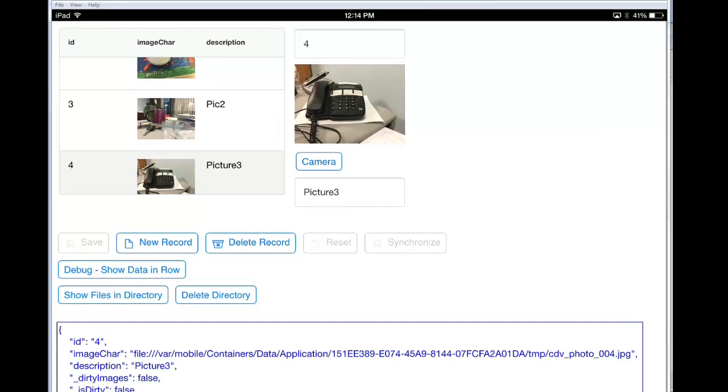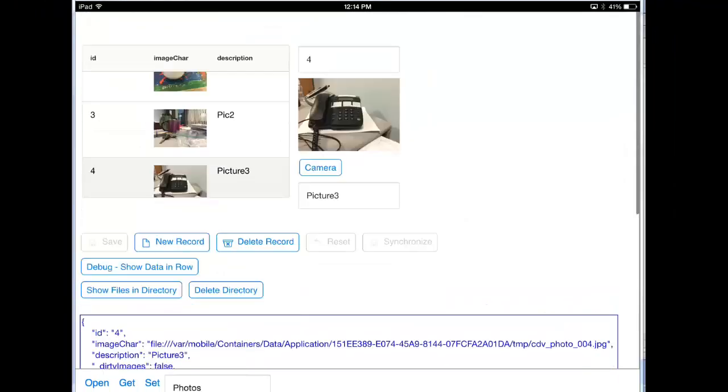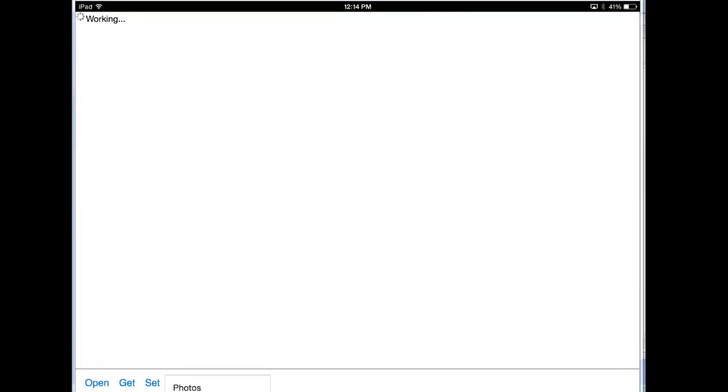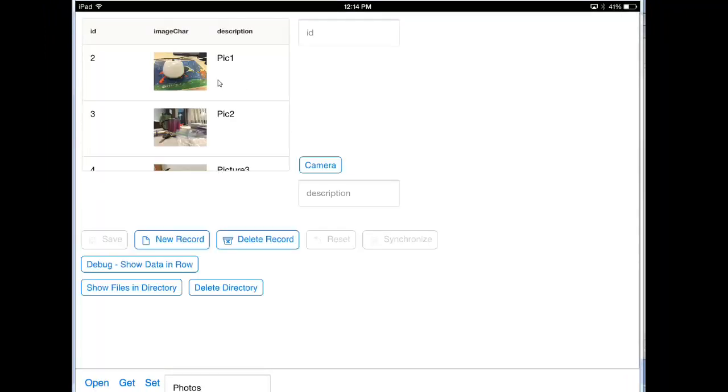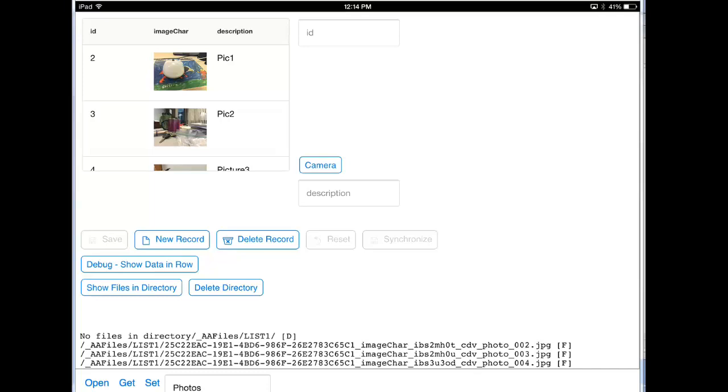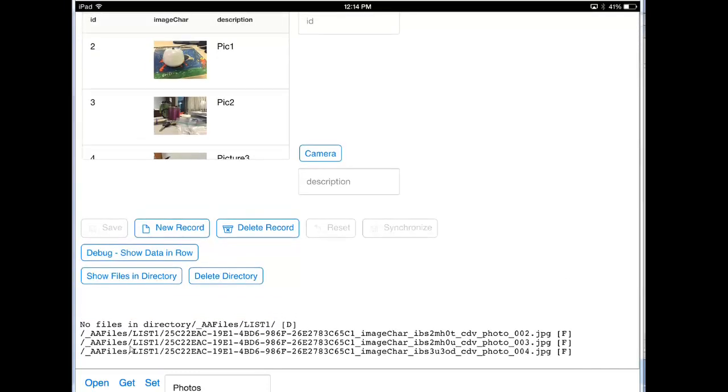So I'm going to go ahead now and click the open button, and notice that when I click the open button, there's a progress bar that flashed over here, which indicated that the component was going back to the server and fetching any of the images from the server that we wanted to have while we were disconnected. So if we go back now and say show files in directory, we now see 3 files here, all inside the underbar AA files list, and that means that these files are now stored in the local file system and are no longer pointing to remote files